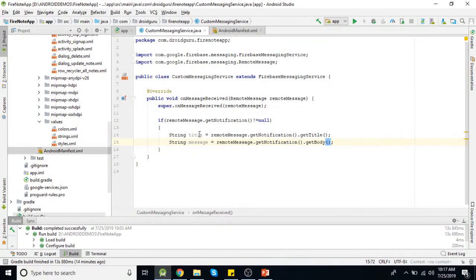So you can retrieve these two parameters here, and after retrieving them we can simply add our code for generating a local notification, and we just need to pass title and message to that notification builder. But first let's check if we are getting these two fields correctly or not. So I am just displaying them here.